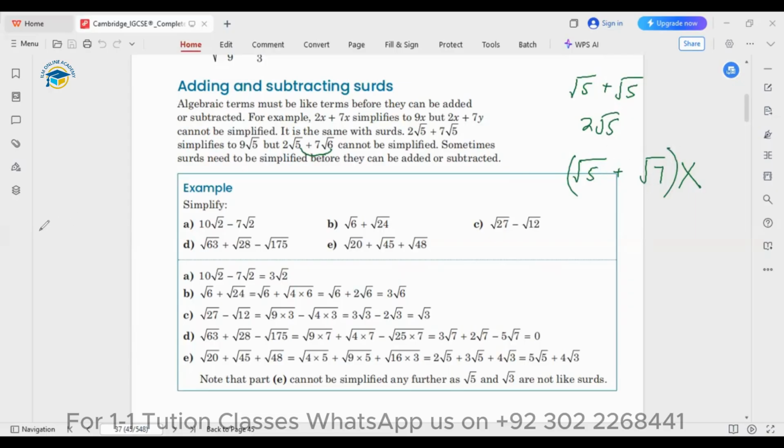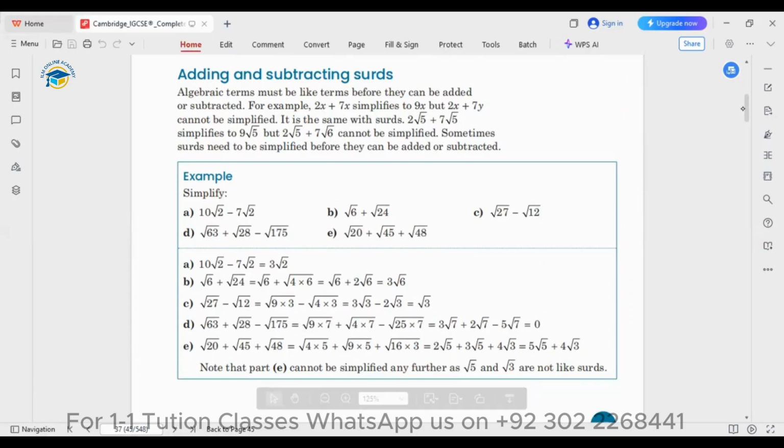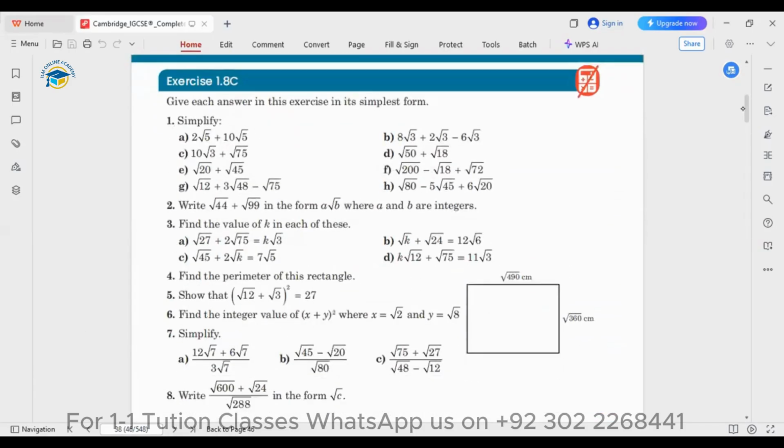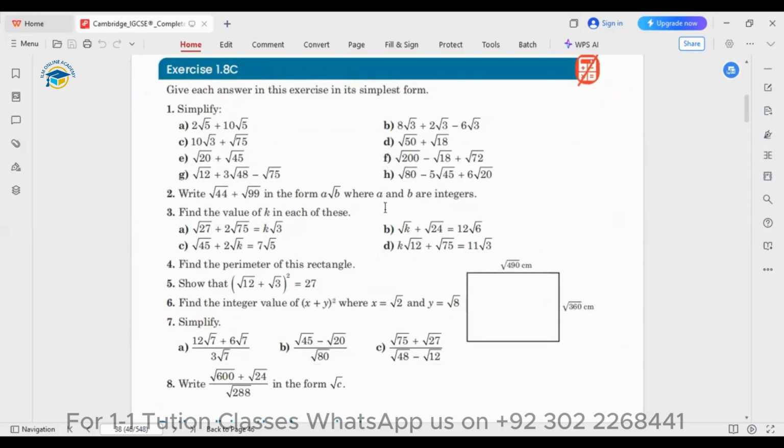So in this exercise, basically, our first concern for addition and subtraction of surds will be that we will try to make the numbers inside the surd similar, and then we will simplify. So starting with exercise 1.8c, for the first question, they gave: give each answer in the simplest form. So we are going on with the first part,